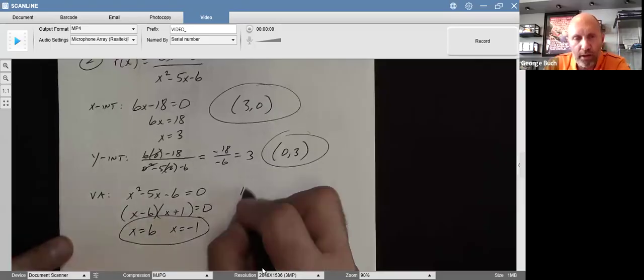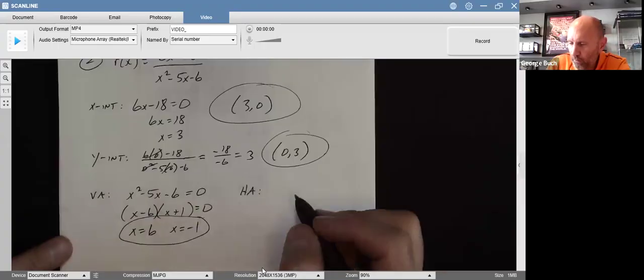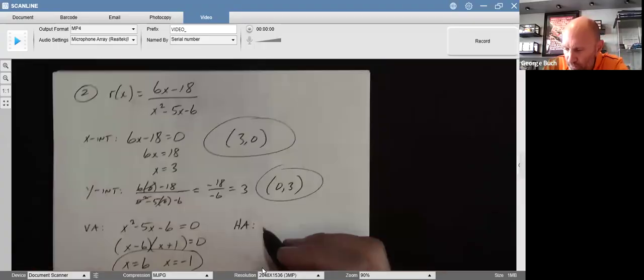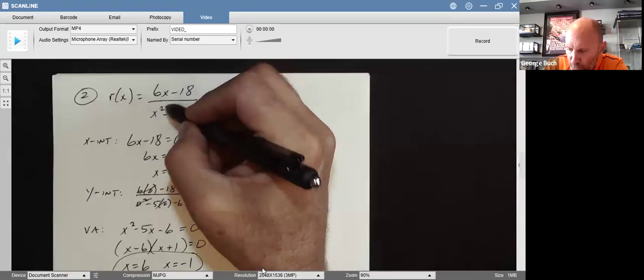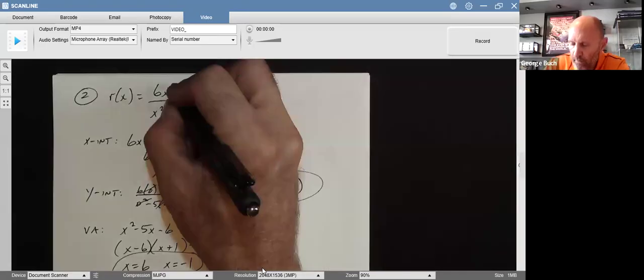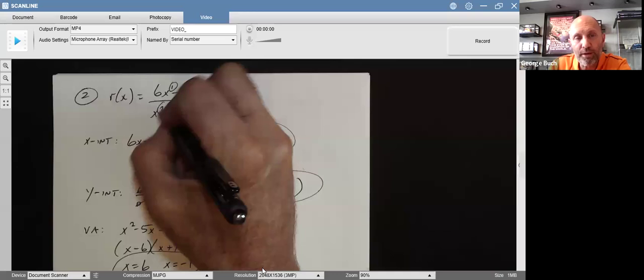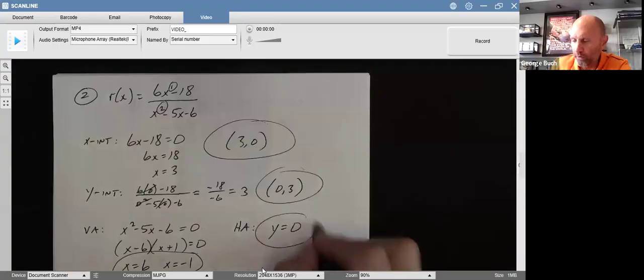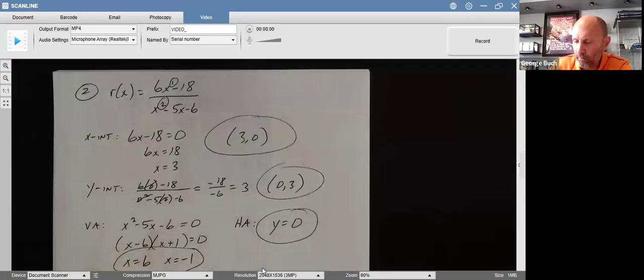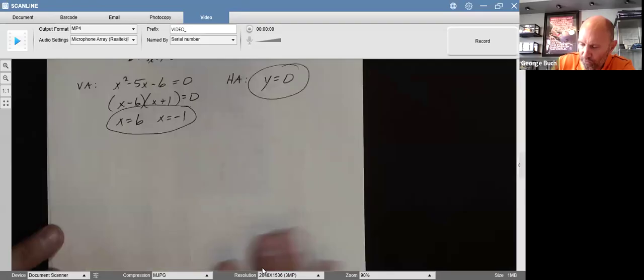And then horizontal asymptote. Well, I look at the degree of this. The degree in the numerator is 1. Degree in denominator is 2. Therefore, the bigger degree is in the denominator. And when that happens, I have a horizontal asymptote at y equals 0. So to sketch this now,